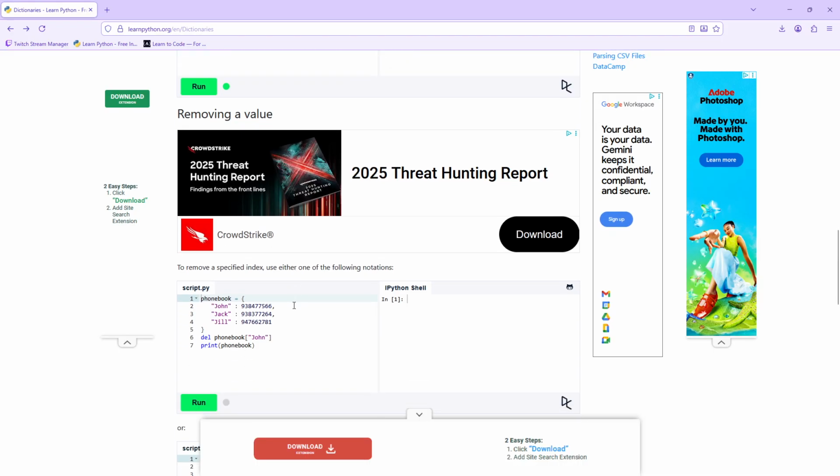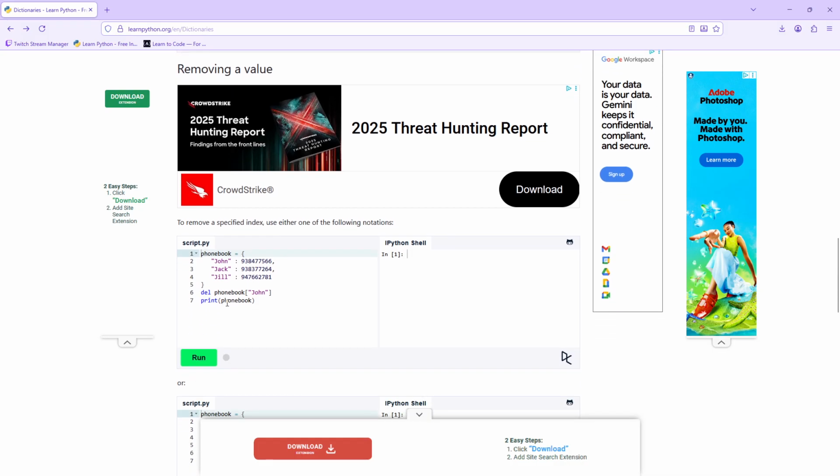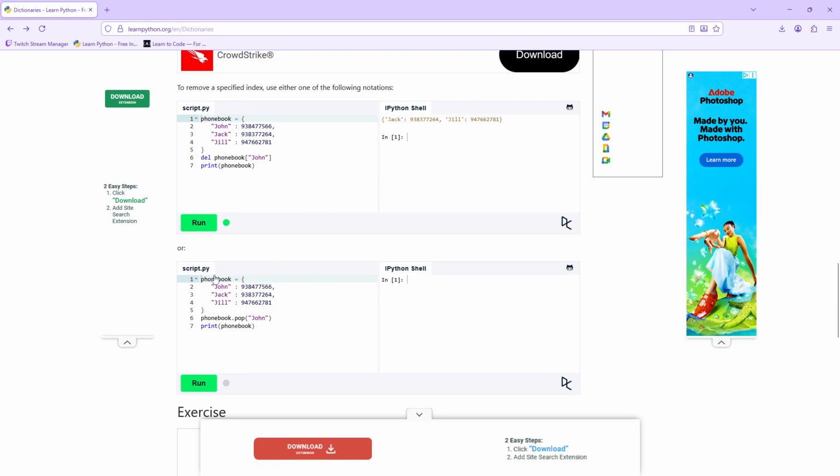Removing a value. To remove a specific index, use either one of the following notations. Either one. Del phone book for delete John, print phone book, so it'll just show the other two. Okay, Jack and Jill. Makes sense. Or John, Jack, Jill, phone book dot pop John. So you either use del or